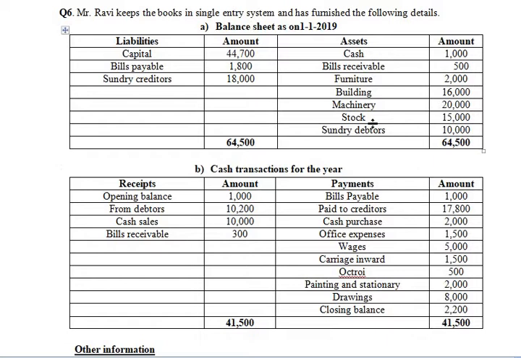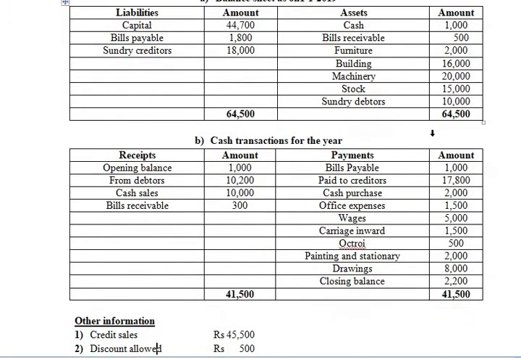Now here the balance sheet has been given. Mr. Ravi keeps the books in single entry system and has furnished the following details. First is the balance sheet as on 1/1/2019, which is nothing but the opening balance sheet. As on 1/1/2019, there are liabilities and amounts, and then the assets and amounts: capital, bills payable, sundry creditors, cash, bills receivable, furniture, building, machinery, stock and debtors. The total of the balance sheet is